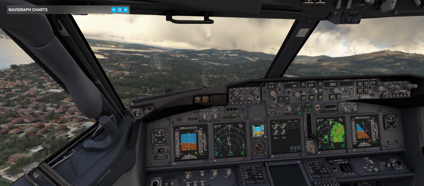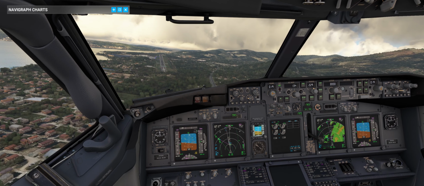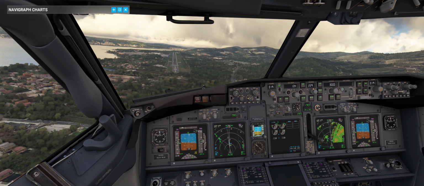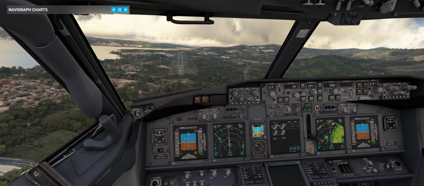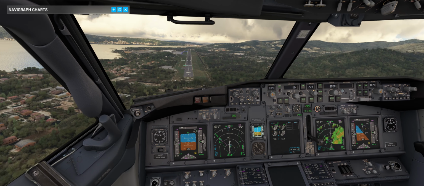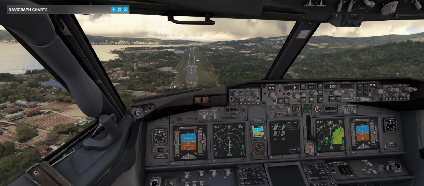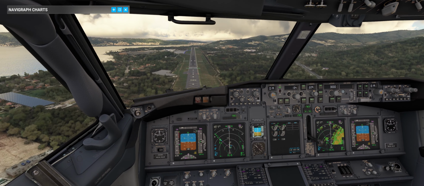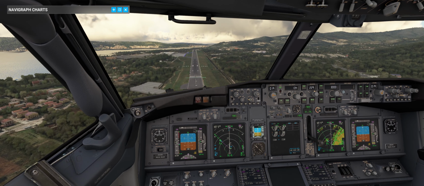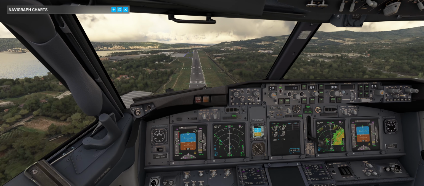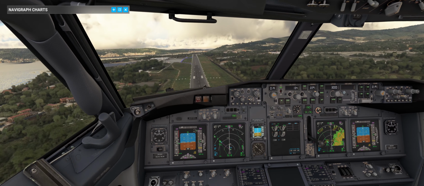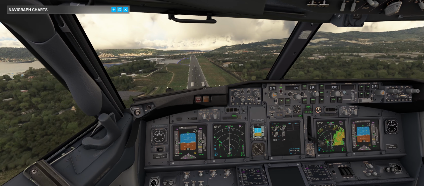In real life, in the flight simulator we can still make it now, but in real life it's impossible to make the landing from this altitude. 500. So we are high on profile. That means if I focus on the touchdown point, we cannot make it. We will land approximately far away behind the touchdown zone. So